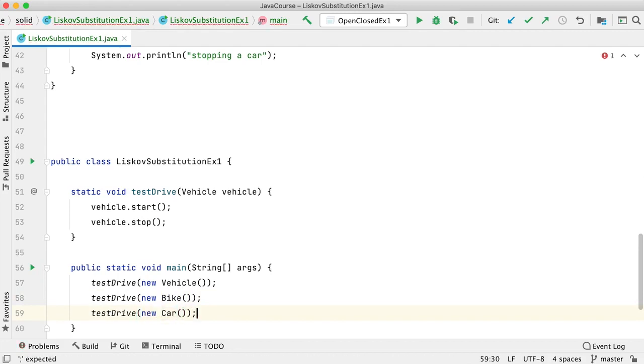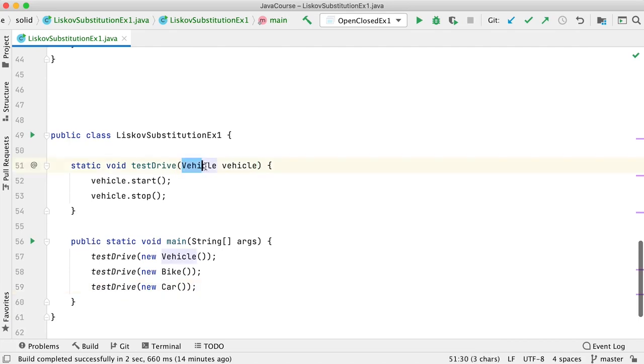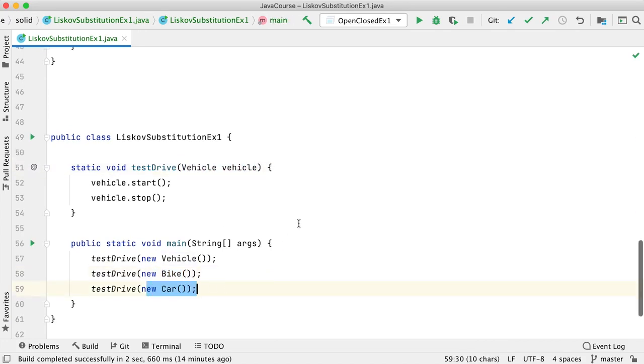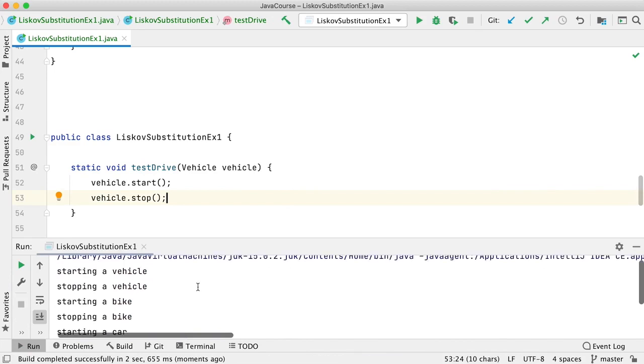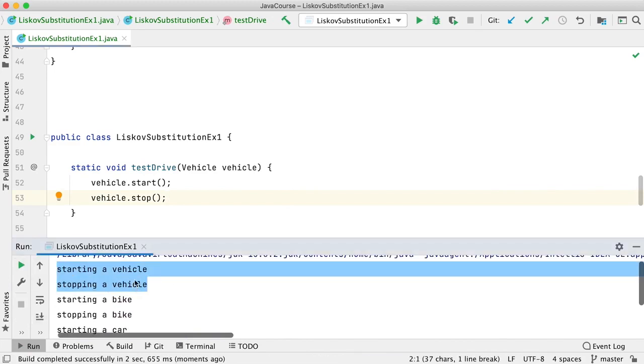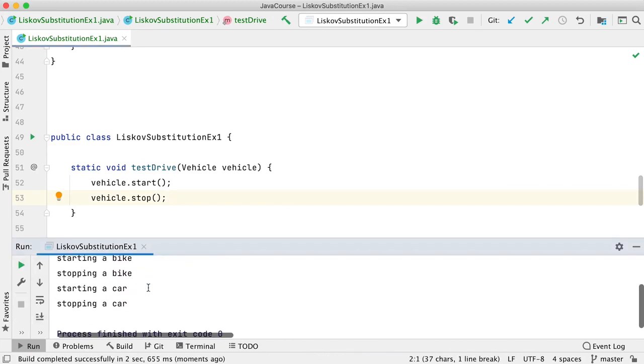Because it's a base class, it is substitutable. So you can substitute any derived class object in place of the base class. This is perfect and it works fine. Let's see. It worked, right? Starting a vehicle, stopping, etc.